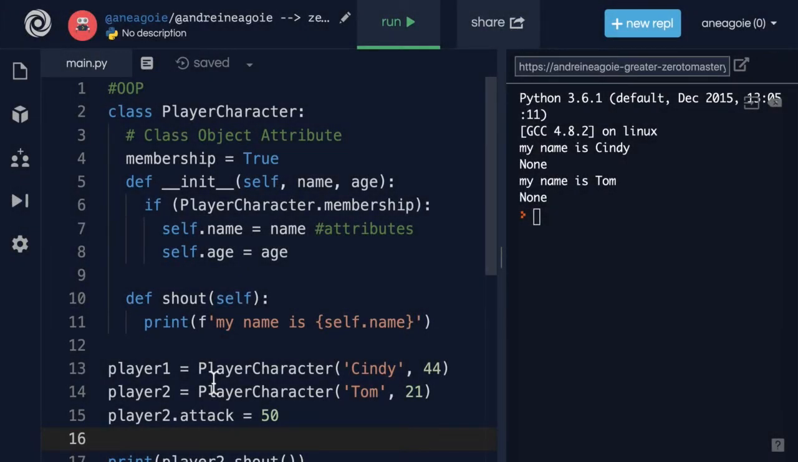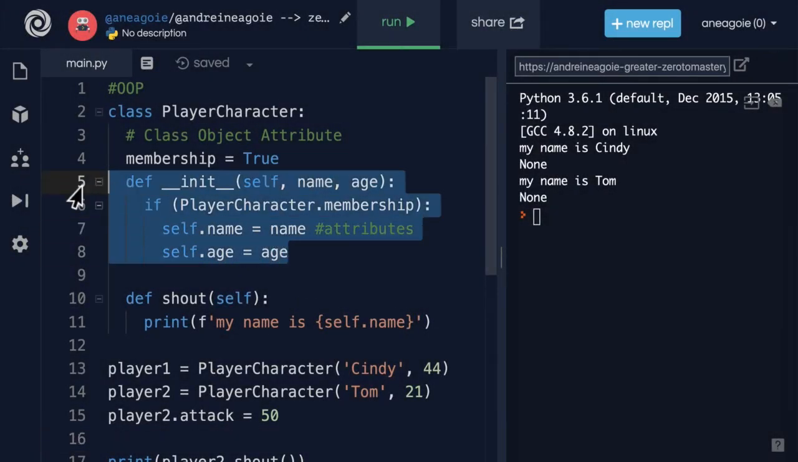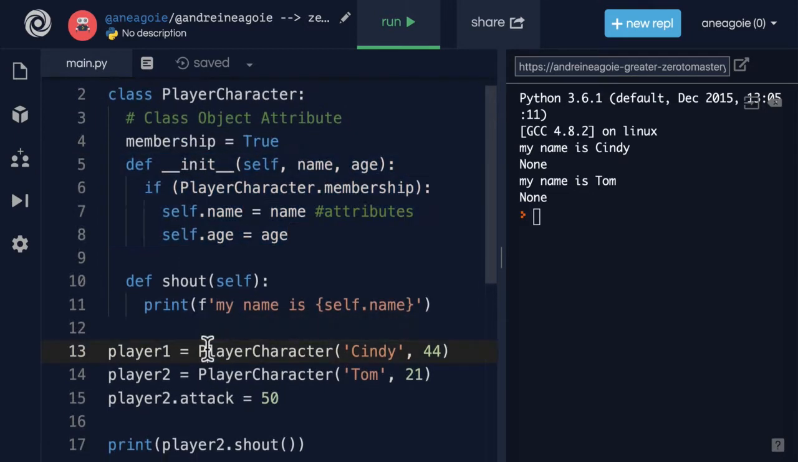I want to add a quick note about this constructor function. Remember, this gets called every time we instantiate an object. And this is how we create custom objects, right? But an interesting thing that you can do here, because you have control over how the instantiation happens, you can